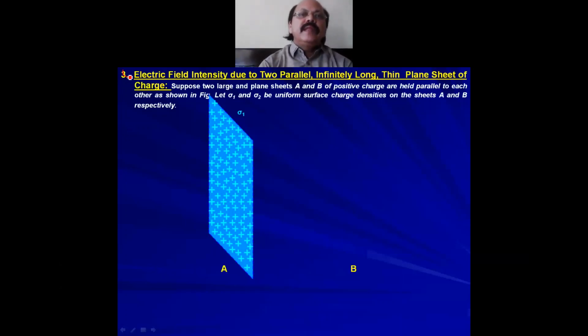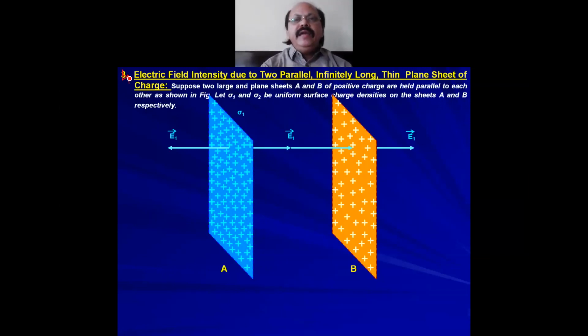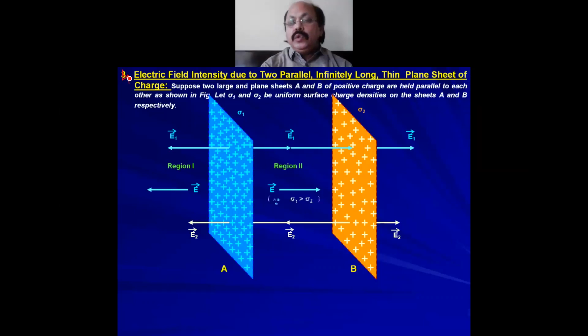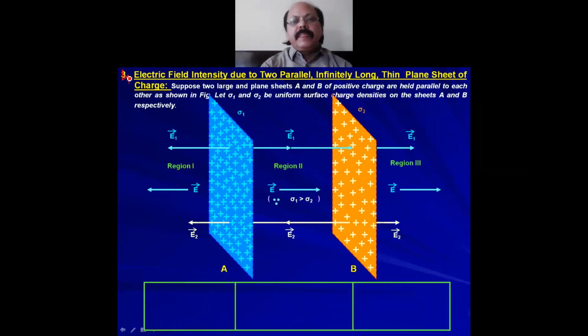Here we have to take two infinitely long plane sheets of charge, having their surface charge densities sigma 1 and sigma 2, which are uniformly distributed, such that sigma 1 is greater than sigma 2. So this condition we are taking for calculating the electric field